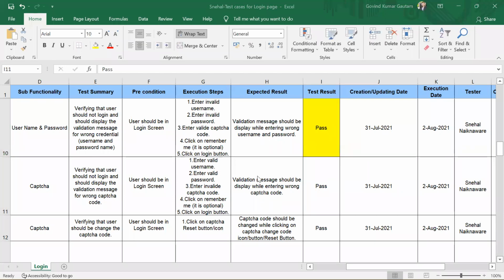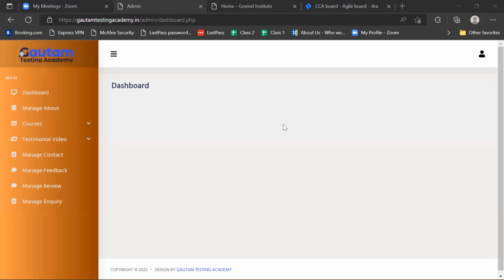Yes, okay. But there is one more thing. After the developer fixes that bug, sometimes he mistakenly changes the code for other modules also, like in the same page he can change the code for other features. So we have to perform testing on our past test cases. Like we have checked this is working fine, so we mentioned pass here. At the time we had mentioned it,